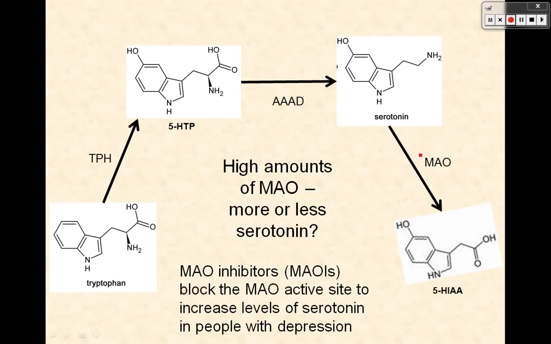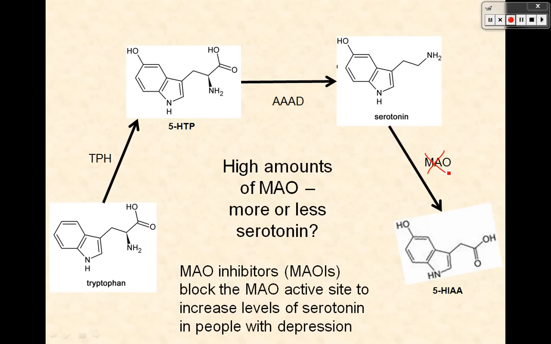It's going to block the MAO active site, so the serotonin can't bind to the MAO. It doesn't take away the MAO, but it blocks that active site, so the serotonin can't get in and be converted to 5-HIAA. And so then people with depression can take MAOIs